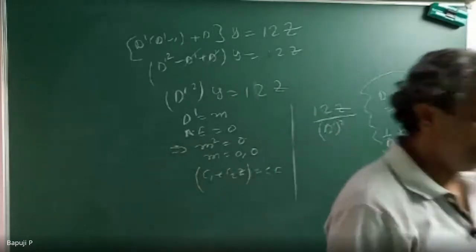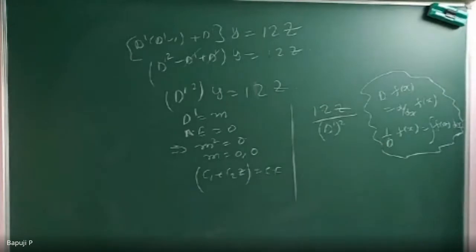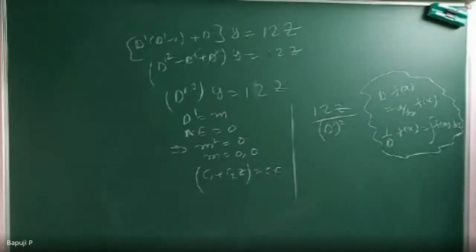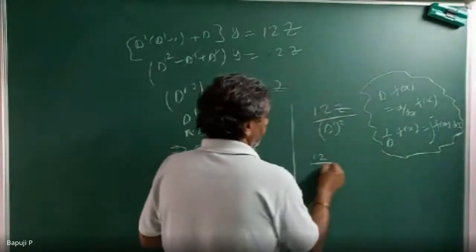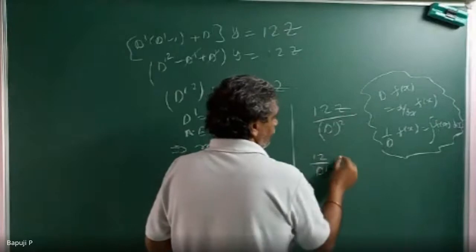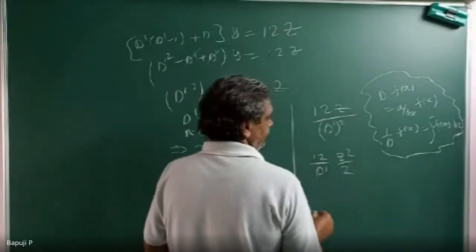Now from this you can tell, PI equal to 6z square. First you can integrate one time. Integration of z, what will you get? z square by 2. Then another time if you integrate,